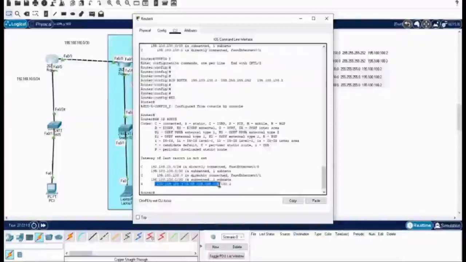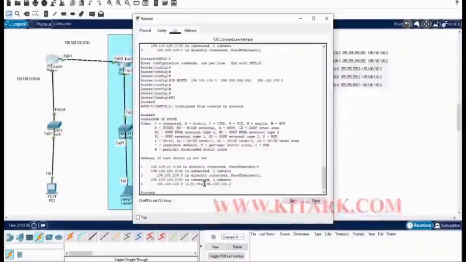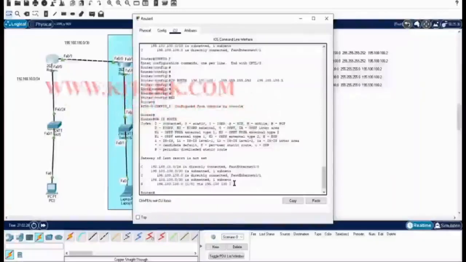You can see 196 network has been added to the route table. Right. You can see it's showing S because it's static route. Okay. Directly connected networks are mentioned as C. What I am highlighting is admin distance and metric value. Okay. Which you will see in the upcoming lessons. Okay. The next one